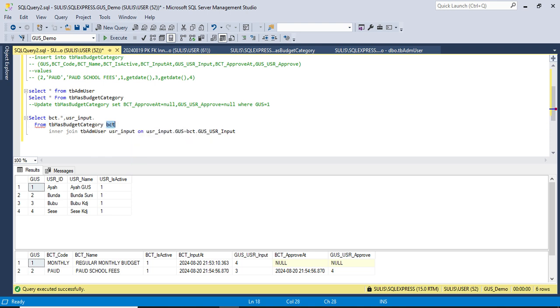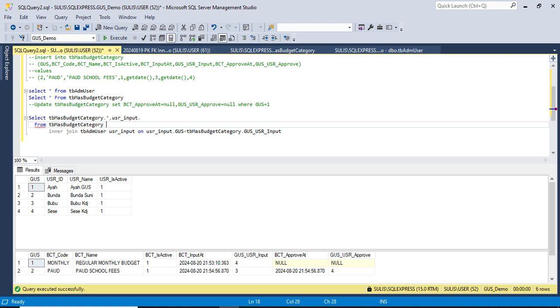Okay, this BCT here is an alias, table alias. If you don't use alias, we will have to write like this. And this is very long data to write.